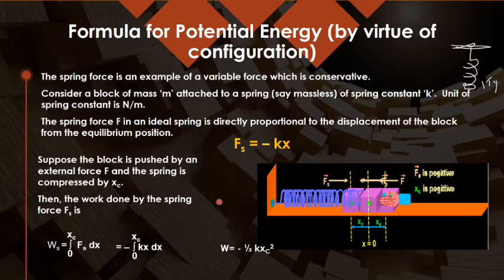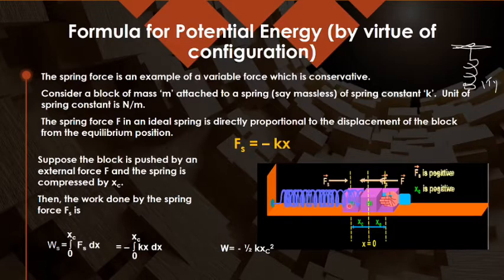Now what happens if I am extending it from 0 position to say some position xc? When it is getting compressed because of this spring force, you can find the total work done by integrating Fs dx. If I take force for a small distance, that will be a small amount of work done, dw. For finding total work done, you will be integrating within the limit 0 to xc, to which position it is going by itself. It is getting compressed by itself because of this force which is bringing it to this particular